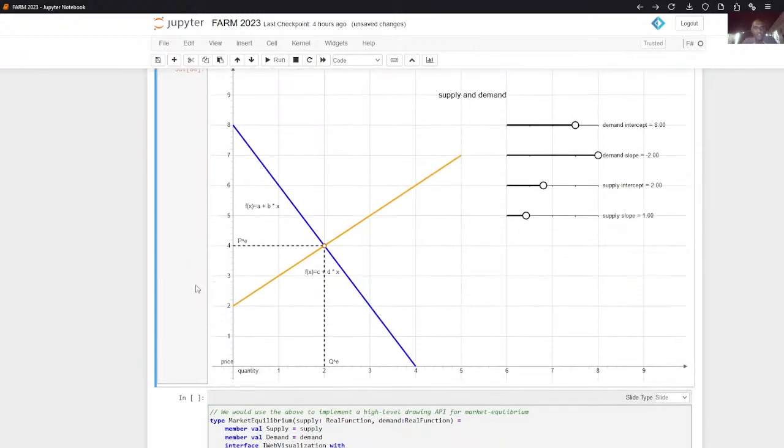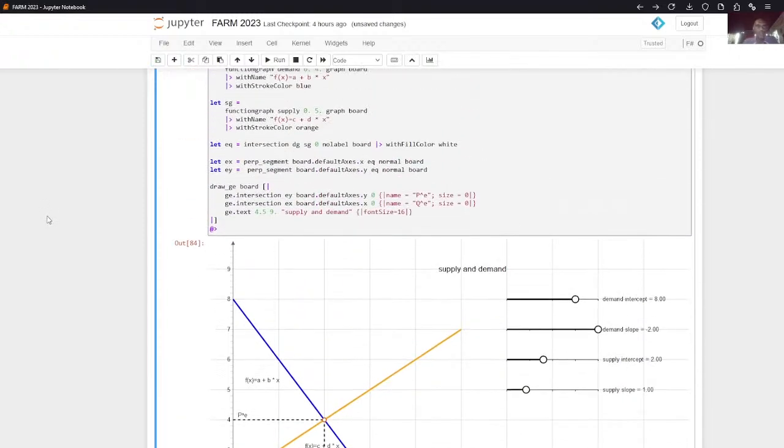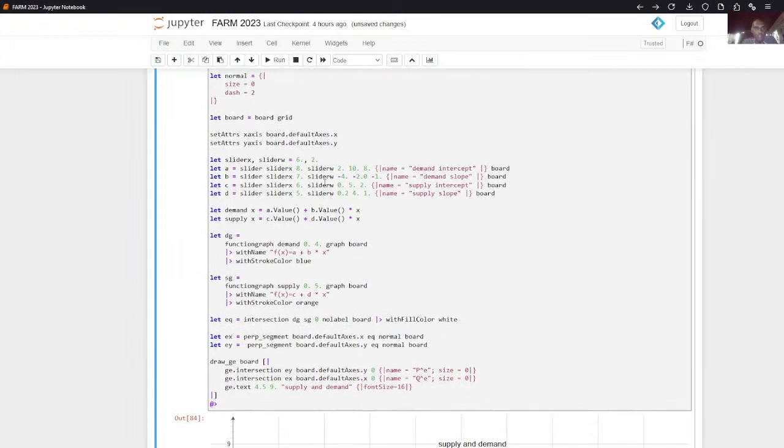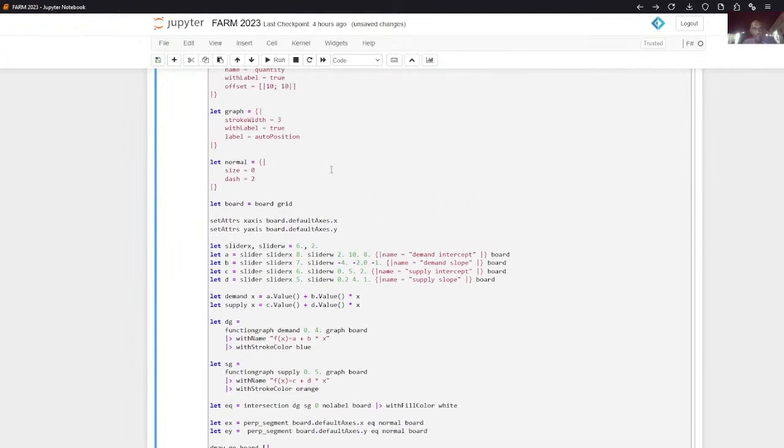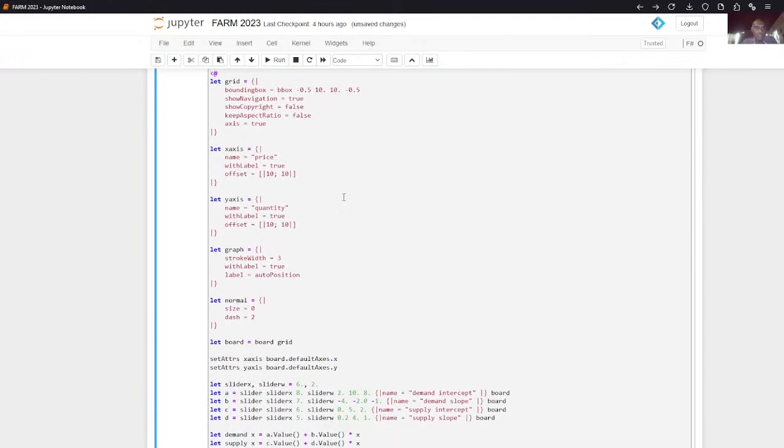Okay, so this is a visualization of an economic function. We saw how we visualized functions before. In this case, what we would like to do is use a low-level API. If we have custom visualizations, or we want to really control the visualizations at a low level, we can switch to the low-level API.